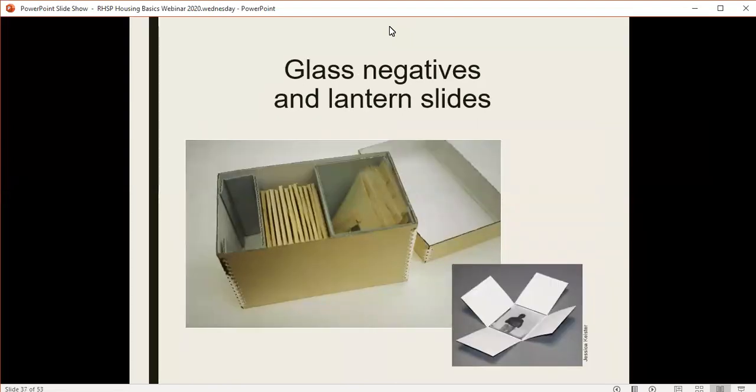Glass plate negatives and lantern slides in good condition should be stored vertically. This arrangement helps to minimize damage from impact by distributing pressure to the bottom. However, glass itself is heavy, and any stack of glass plate negatives can succumb to breakage, so limit the number of glass plates in one box, filling vacant areas with spacers of acid-free or lignin-free